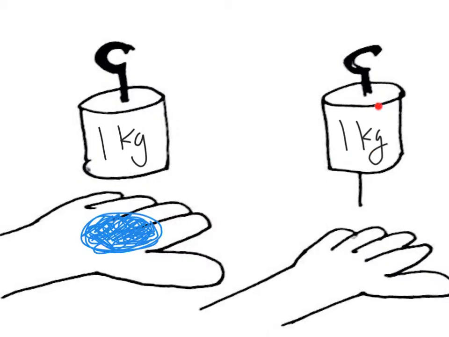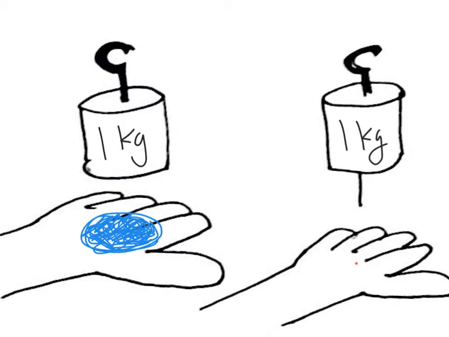In the second example, we're going to take that 1 kilogram mass and glue a needle to the bottom. Don't ask me why we're doing it, but that's what we're doing. We're gluing a needle to the bottom of the mass, and I'm going to support that mass on my hand. Ouch. So in red, that's like the drop of blood, right? Because this needle is definitely going to pierce my skin. It's going to hurt. I'm going to scream and cry and all that good stuff. But the reality is that it's the same force. It's just 2.2 pounds. I'm just supporting 2.2 pounds, but I'm supporting that 2.2 pounds over a smaller